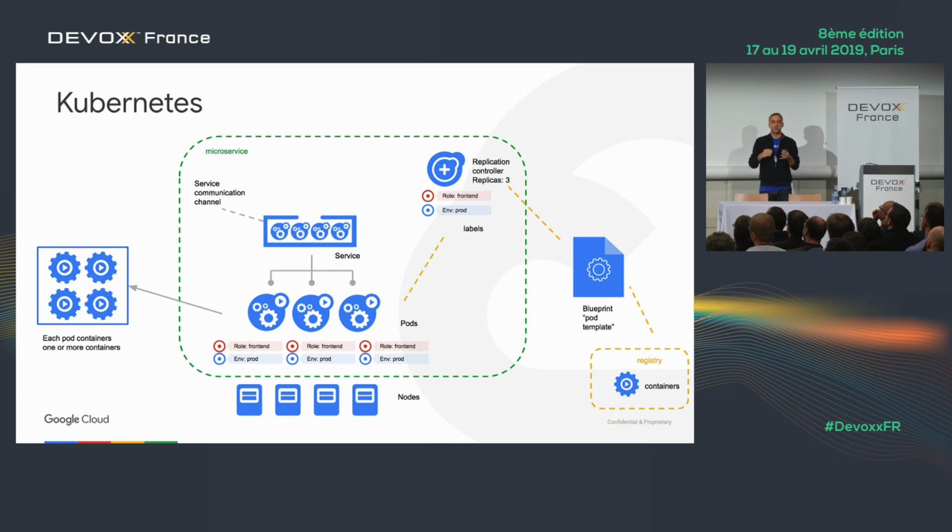Then you tell Kubernetes what you want to be true. In this case, we are saying, I want to have 3 replicas. And then Kubernetes takes care of that from then on. So it will look at the nodes that you have. So these are virtual machines usually. Then it will figure out where to schedule these pods. And then once pods are running, you would have a service that will expose your pods to the outside world,